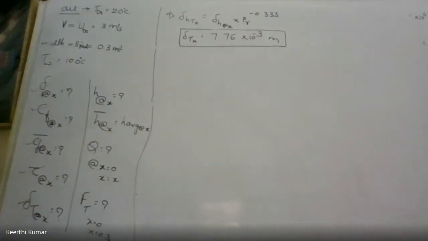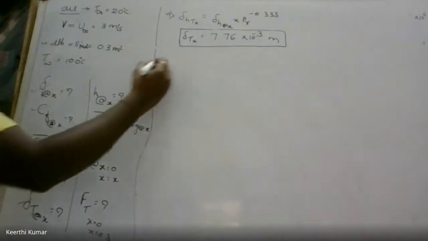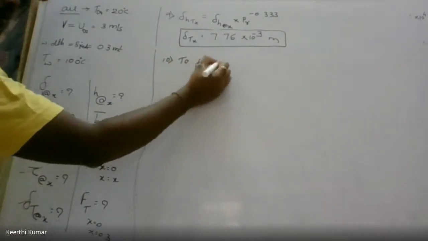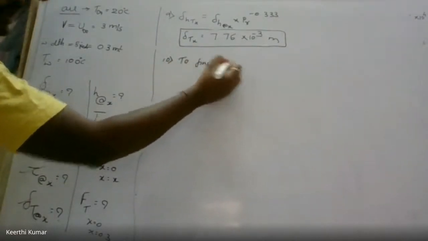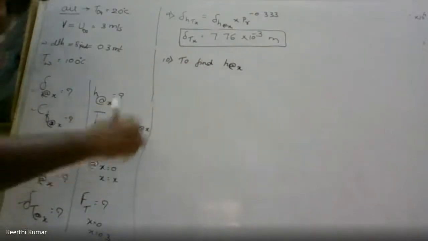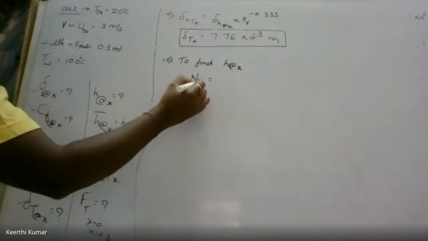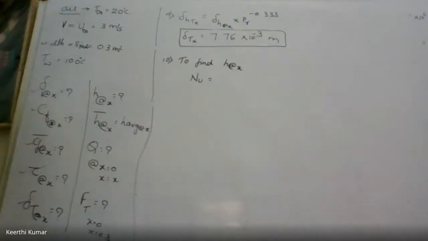To find h at x, what is the procedure we did yesterday? Do you know? To find h at x, there is no direct formula for this. First, we have to find out the Nusselt number, Nu. Nusselt number we have to find from the data handbook. That Nusselt number is based on this Prandtl number. Nusselt number is there in the second column, second row. Nu is equal to